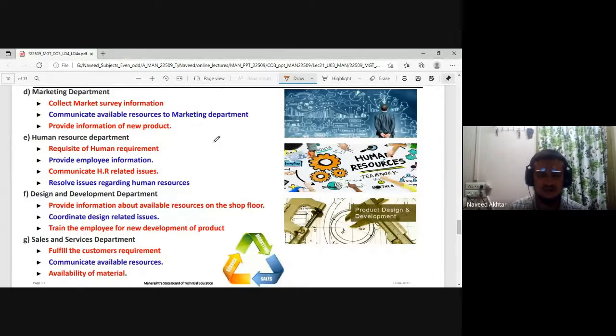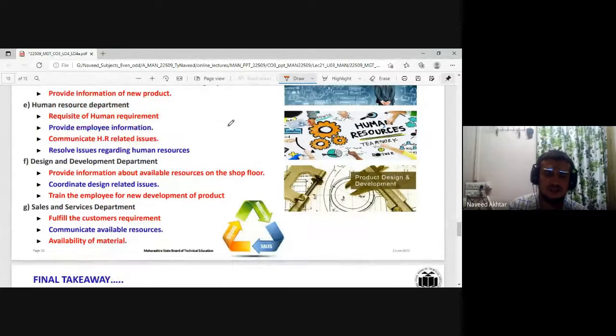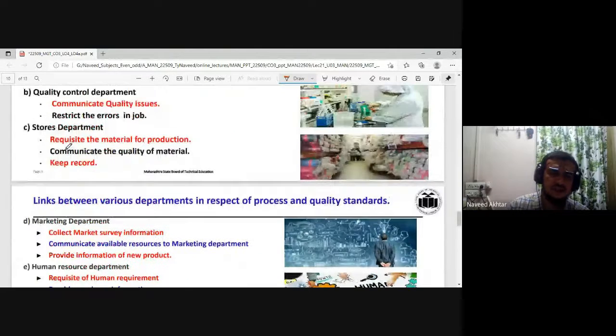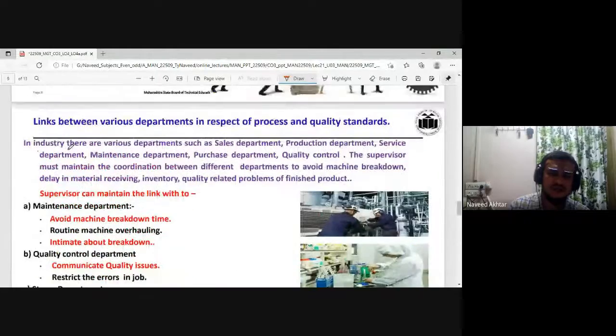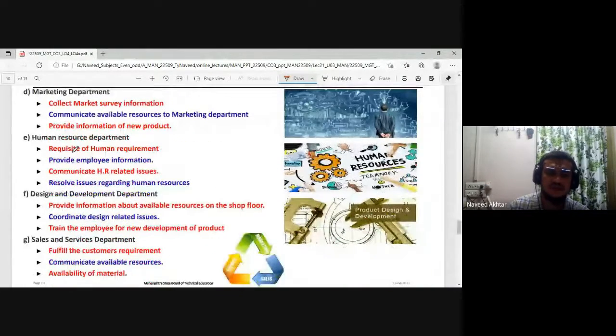Also, the sales and service department fulfills the customer's requirement, communicates available resources, and the availability of the material can be seen. All this stuff, you can see the cycle is marketing, sales, and service, maintenance, etc. This is the link between various departments, and the link should be coordinated properly, and that is nothing but the control